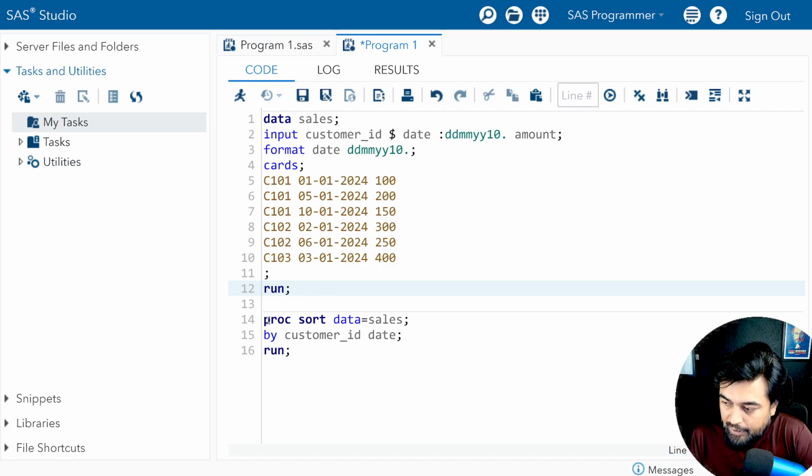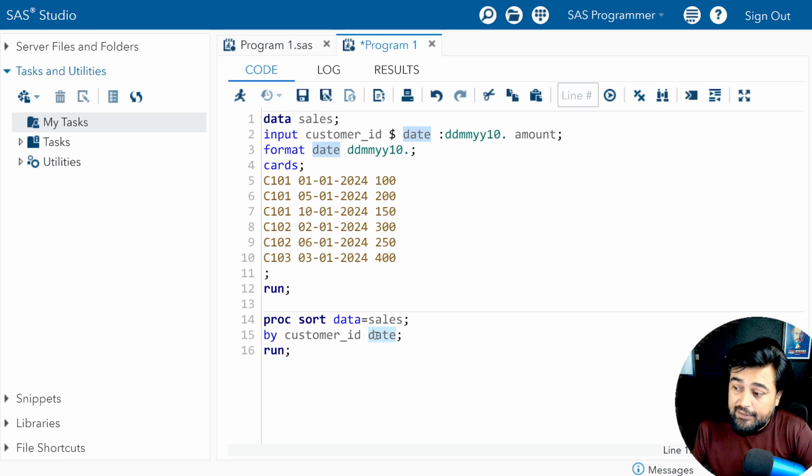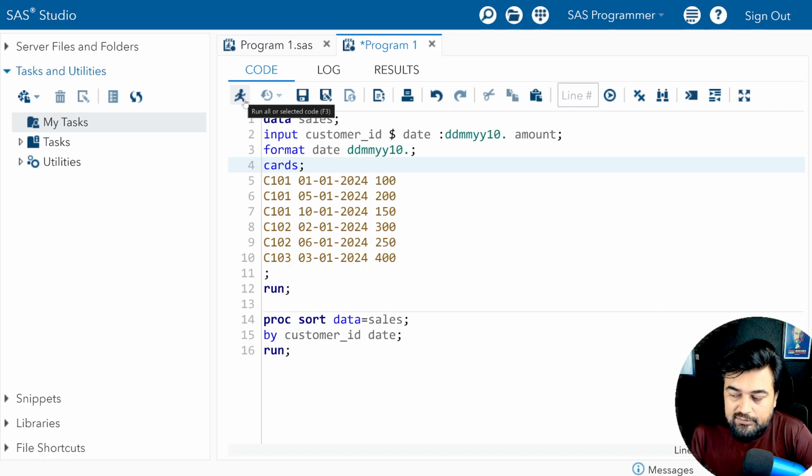Now what I'm doing is Proc Sort. Proc Sort is used to sort the data in ascending or descending order on the basis of any key. I'm sorting the data on the basis of customer ID and then date. The primary key is customer ID, then I'm giving date. So the data will be sorted. Now if I run this piece of code, you just need to click on this, run,